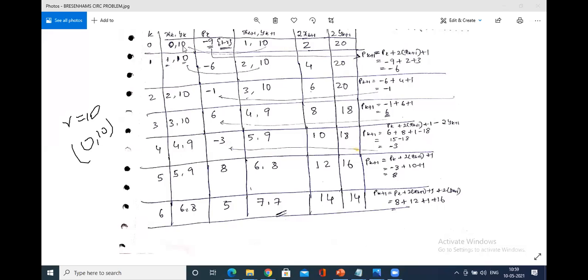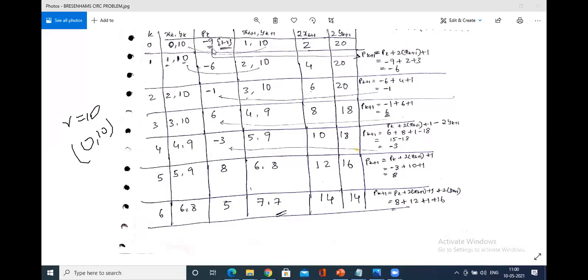So 1 minus r, what is 0 comma r? It is 0 comma r. Always remember, x is 0, so y is 10. Y equals to r. For the first intercept, 1 minus r is 1 minus 10. So that is minus 9. So this is the p naught value, treated as pk for the first interval. Since pk is minus 9,